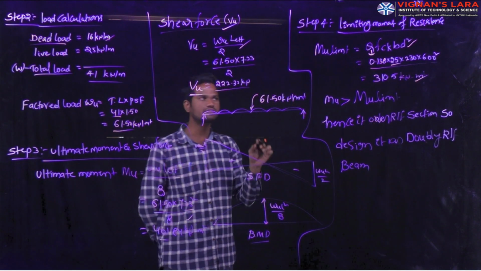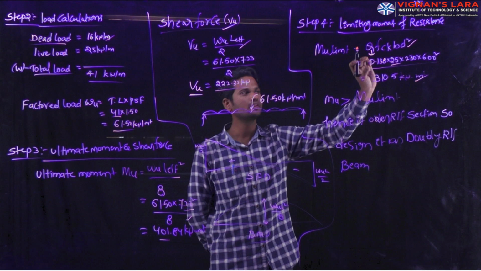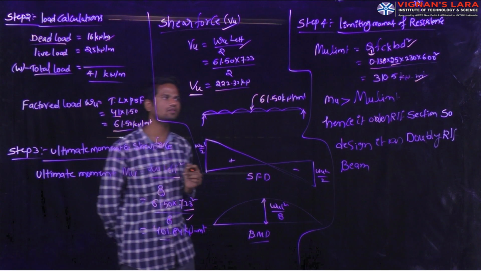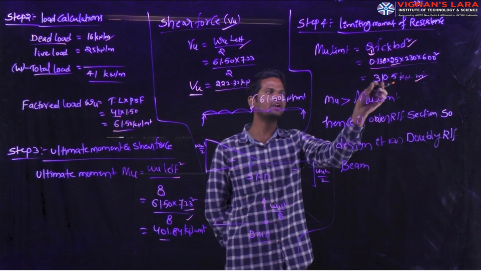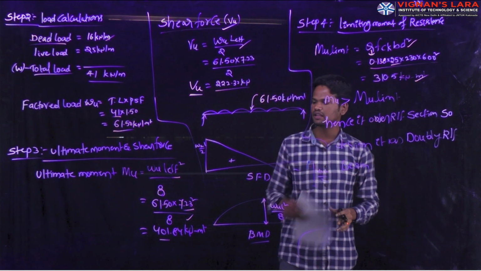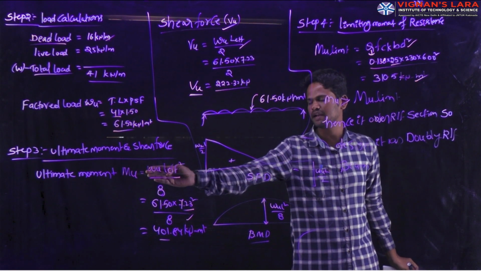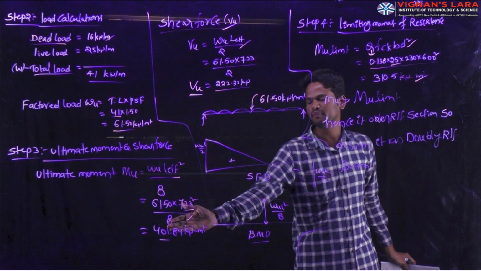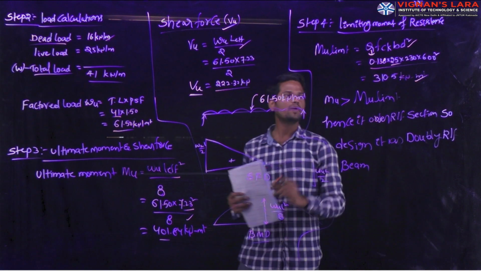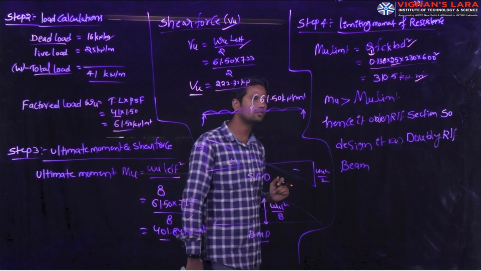That means by providing the width of the beam as 230 mm, effective depth of the beam as 600 mm, and using the characteristic strength of the concrete as M25, under those conditions the limiting moment we are getting is 310.50 kilonewton meter. If you observe here, the applied moment due to the load, which we have already calculated, is 401.84 kilonewton meter, whereas the limiting moment is only 310.50 kilonewton meter.